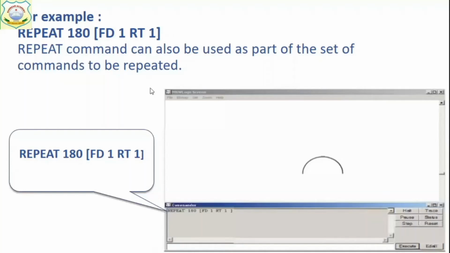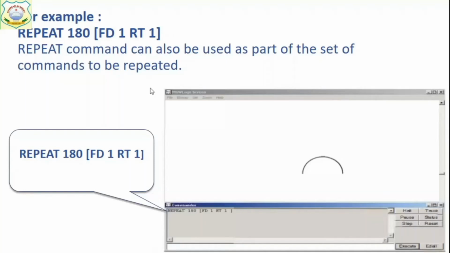Okay, one more figure is, you will find this a little bit difficult, but this is nothing. This is the example of nested repeat, means repeat inside the repeat. Okay, see, these are the 3 squares, and you are drawing a square using this command, repeat 4, FD40, RT90. This is the command, FD40, RT90. Okay, means forward direction, then 90 degree. The same command is repeated 4 times and makes a square.